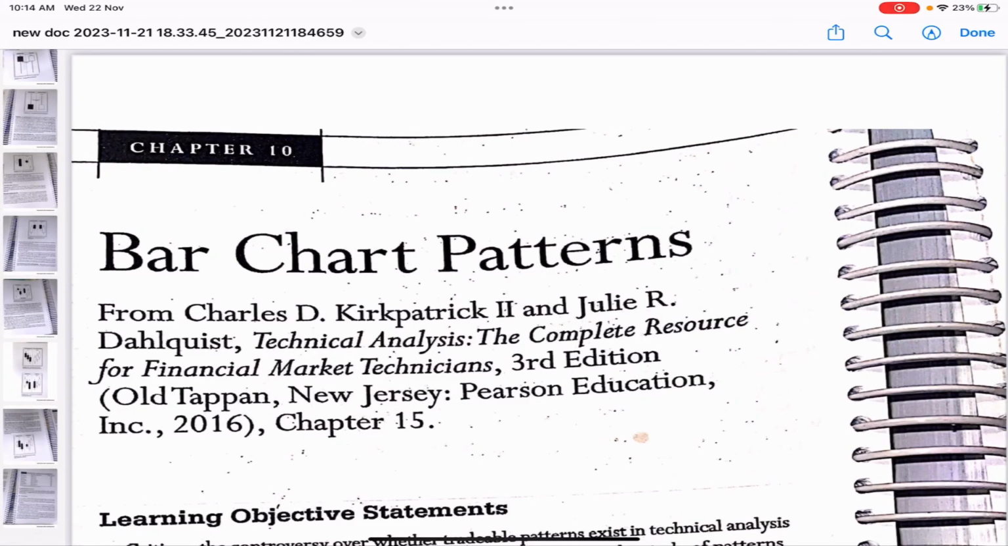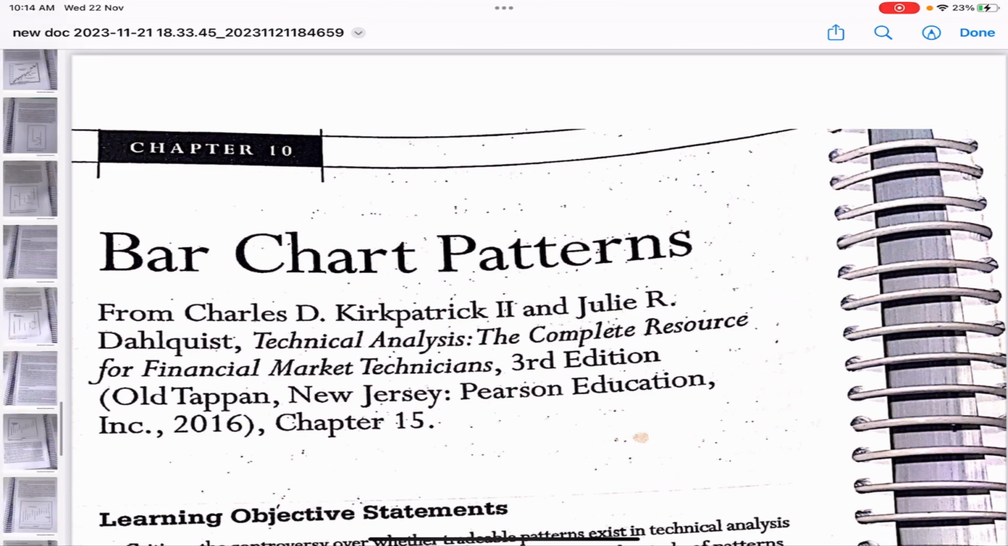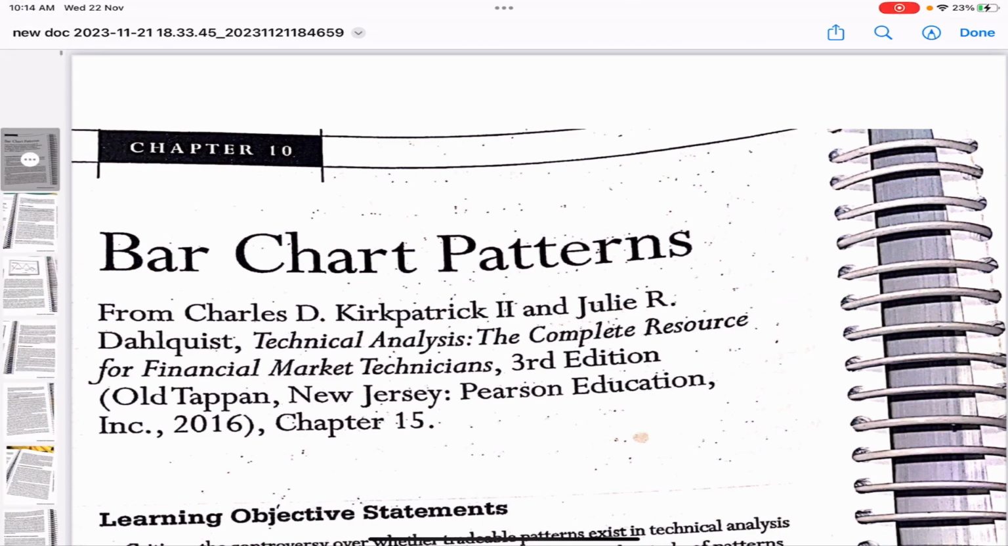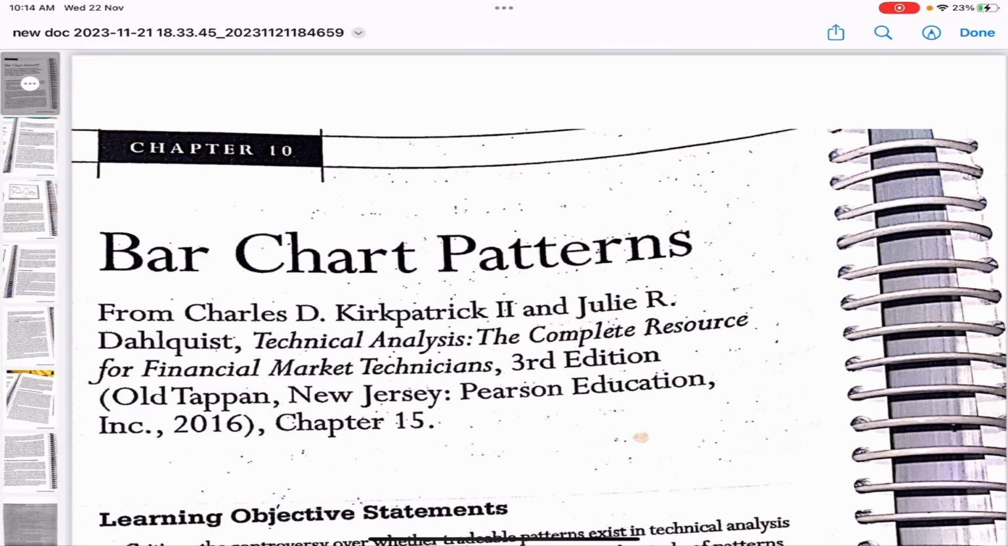Hello everyone, in this video we will be starting with CMT level 2, chapter number 10 and chapter number 11. These two chapters will be completed in this particular video, and I know that I'm not going according to the exact chronological order given in the book, but that is okay, don't worry about that, we'll cover